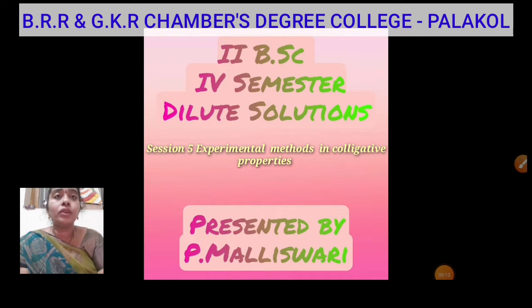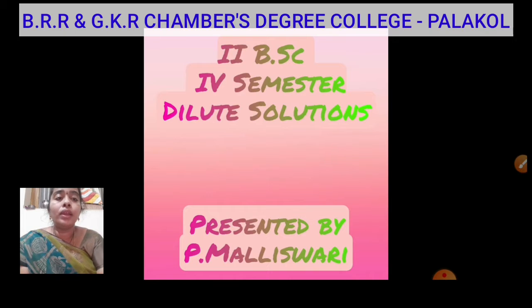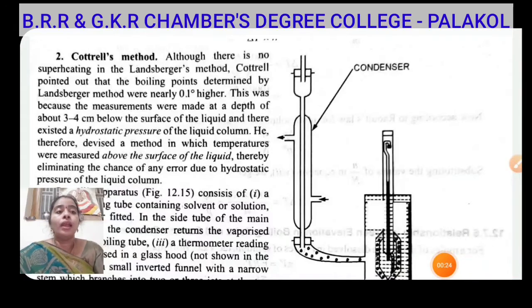We are discussing colligative properties, and in previous videos we learned about the relative lowering of vapor pressure, depression of freezing point and elevation of boiling point. In this section, I will explain experimental methods for elevation of boiling point and depression of freezing point. In previous videos we learned how to determine the molecular weight of the non-volatile solute by using each colligative property. So the most important feature of a colligative property is to determine the molecular weight of a non-volatile solute. Students, in this experimental method we can learn